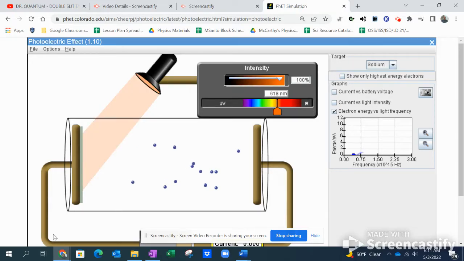If I bring it down to the other end of the spectrum, to UV light, you can see on the graph, as you increase the frequency, you will end up getting electrons flying off. So the higher the frequency of the light, essentially, this would make sense, the electron absorbs